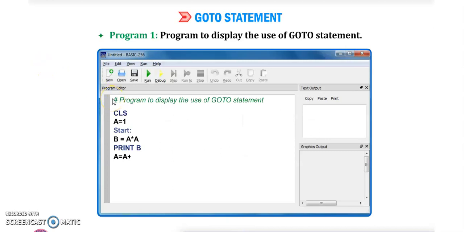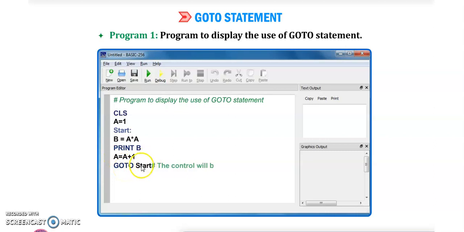Program to display use of GOTO statement. First we write CLS. Then A = 1, the value of A is 1. Then the label start. After that B = A * A. After multiplying, the answer will be stored in B. After that it will print the value of B. After that A will be incremented by 1, A = A + 1, and stored in variable A. After that it will GOTO start.